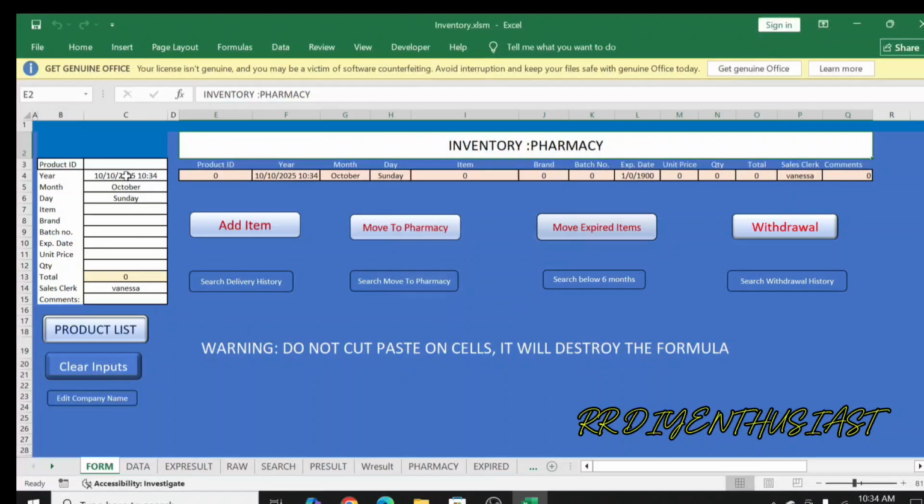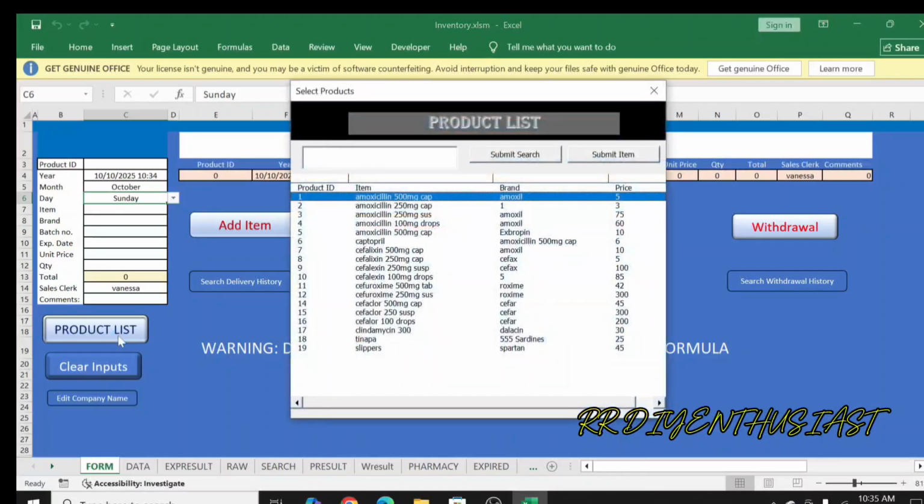Why is this one not cleared? Because it's uncomfortable to input the year and month every time, product by product by product. So you will be the one to decide to change the month. It is here, and you can change the day. Now, in this product list button, if you tap it, you can see